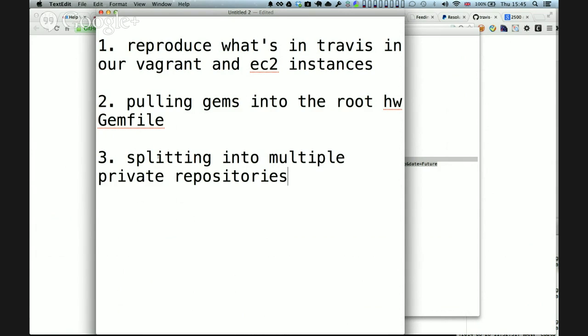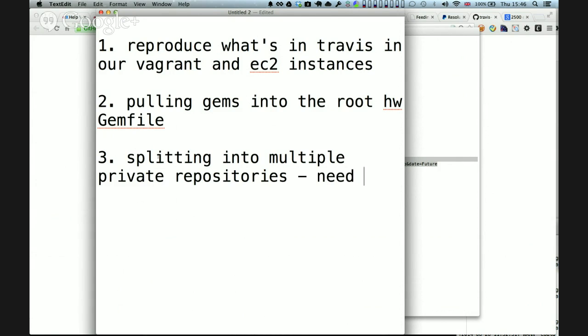So if we check in a change to one of those homeworks, then the whole thing kicks off, and it's long and it's slow, and we're kind of wading through treacle. So that would seem to be one approach. Is it? I mean, the reason we need private